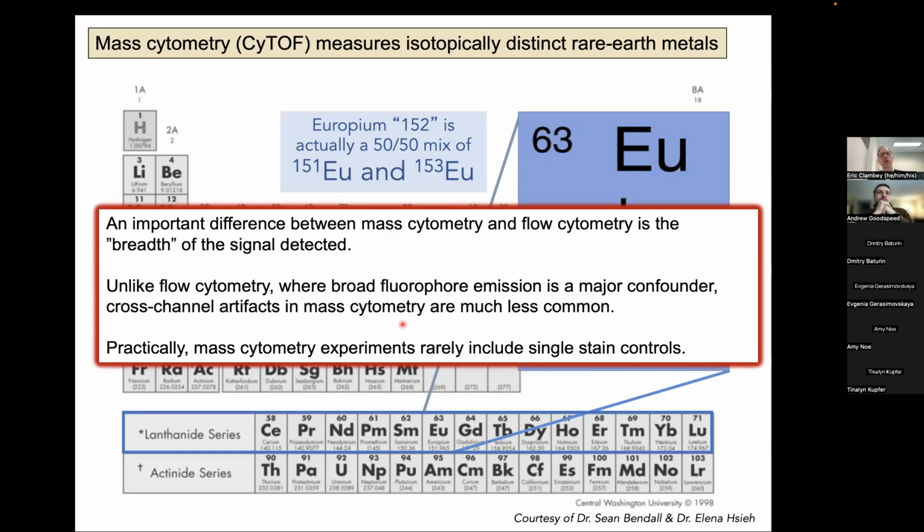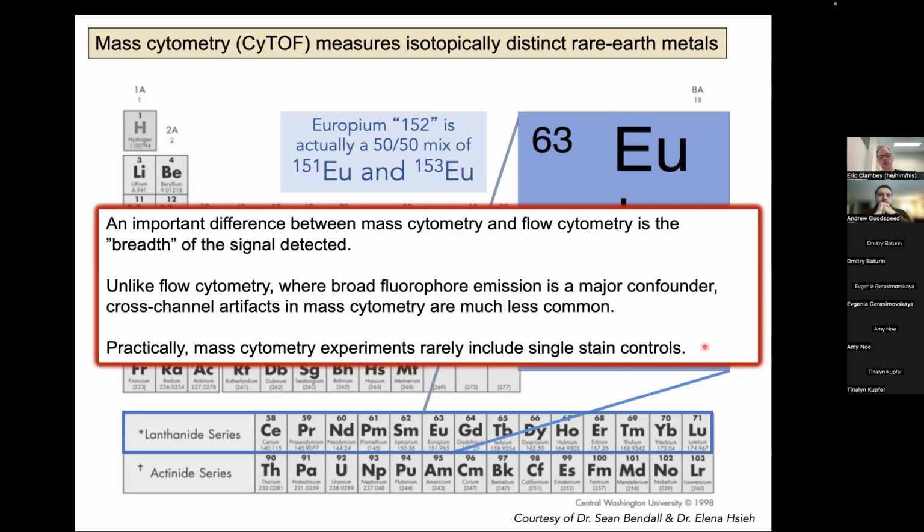That's not to say that there are none. But they're relatively minor compared to flow cytometry. And those artifacts come from isotopic impurities and from oxidation. Okay. Practically, given the number of parameters often measured in a CyTOF experiment, these experiments often do not include single